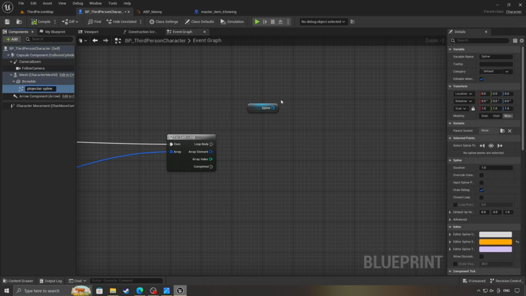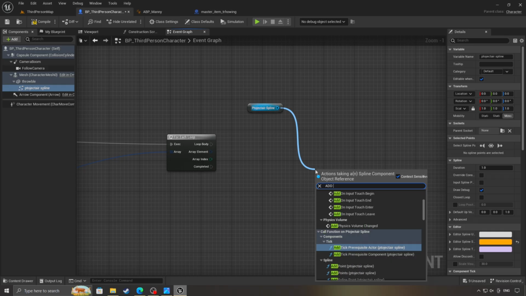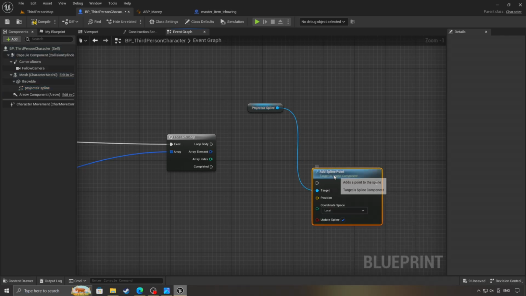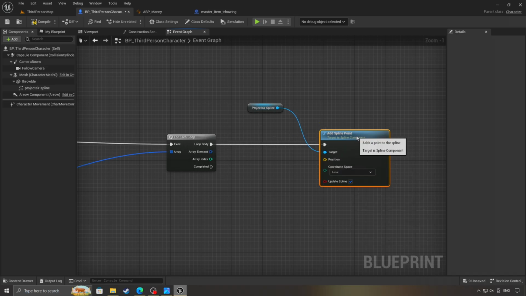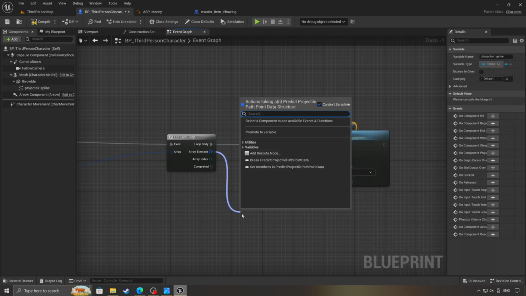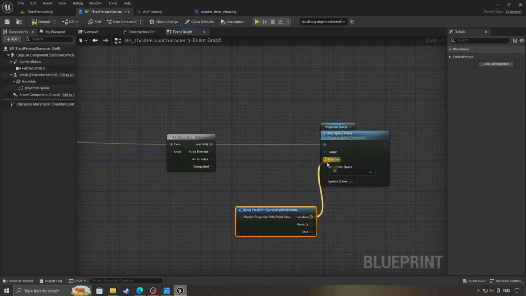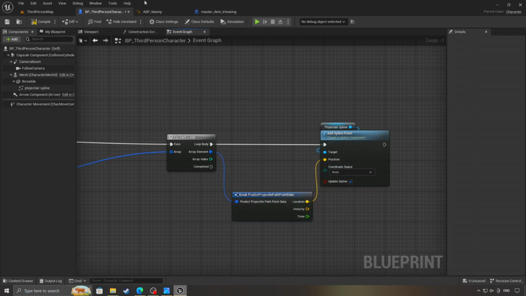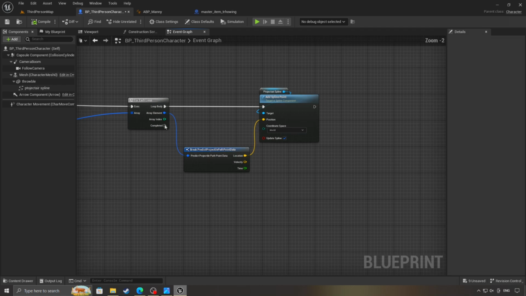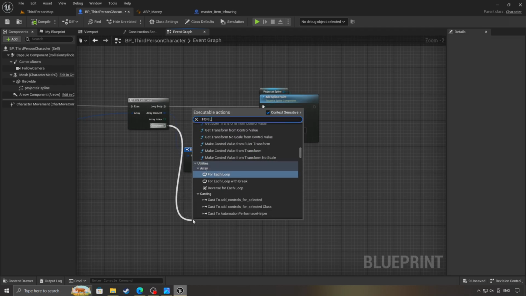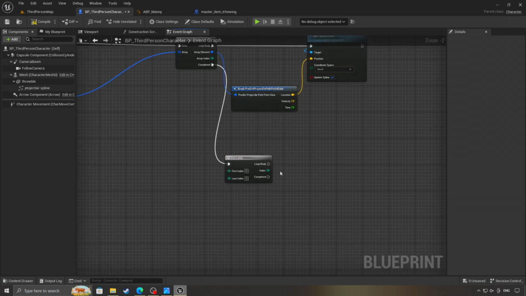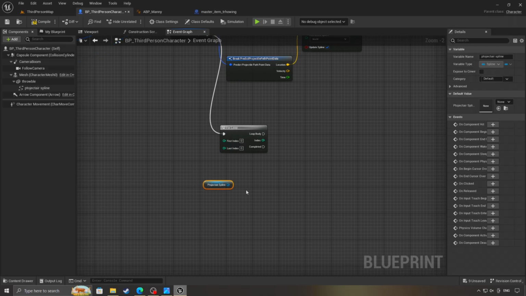After that, we call add spline point and take the position from another break here. And we set it to world. In the completed pin, we add another for loop where the last index will be the number of points in the spline,